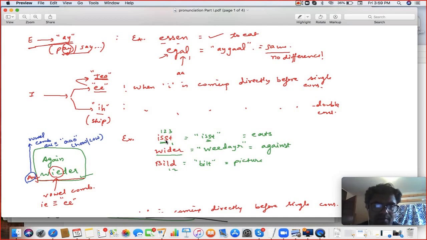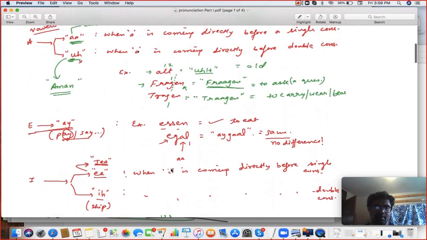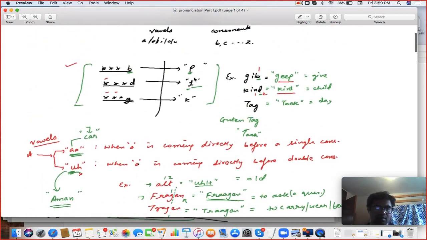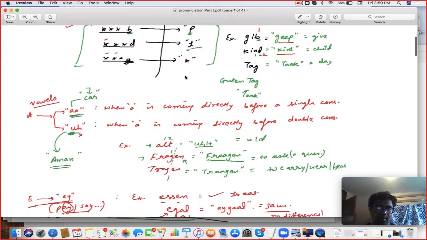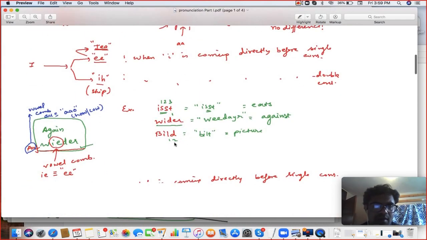After I, if it is one consonant, that is long E, otherwise short E. So here you can see after I, three consonants are there, so that is short E. Second example, after I, one consonant, so long E, Vidar. Third example, BILD, two consonants, short E. And one more thing, I told you BDGPTK, D in the end is T. This becomes Bilt.